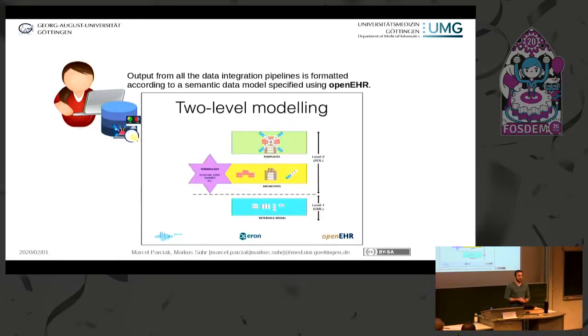So meaning that instead of just storing a number, for blood pressure you need two numbers and maybe some other units or something like that. So an archetype would, for example, be Bob's blood pressure. At the topmost level, the templates are an even higher level collection of archetypes, meaning that you can model even